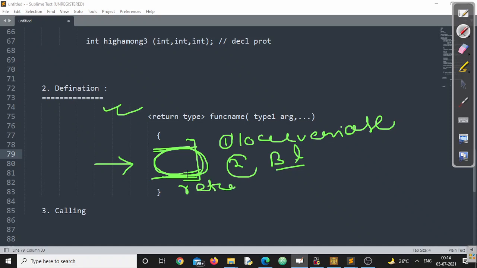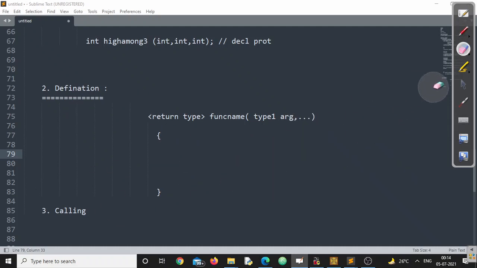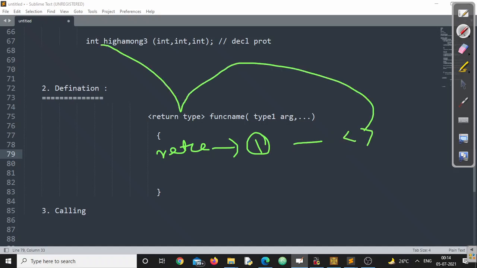Before concluding the definition, I definitely have some words for the return statement. So what can it contain? Local variables, business logic, and the return statement, right? Business logic is purely dependent on the programmer's requirement. The programmer has to form this and write that. Now we'll talk about the return statement. First of all, as the first discussion I have covered, the return type of the returned variable should be the same as the return type in the function declaration. That part we have covered.